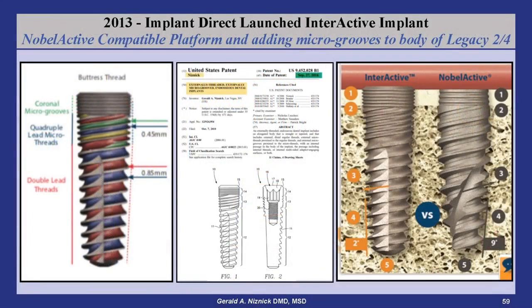There are a number of design advantages when comparing the Interactive to the Nobel Active. The Interactive does not have a back-tapered neck that can create a gap at the crest of the ridge. Its micro threads add to stability compared to just micro grooves with the Nobel Active. The Interactive's self-tapping cutting grooves extend up to the straight part of the implant and function to cut bone when